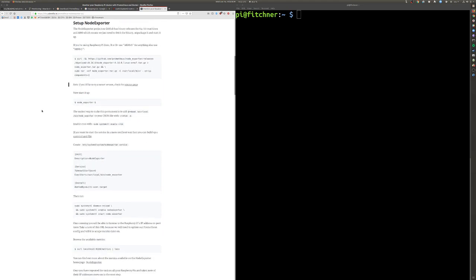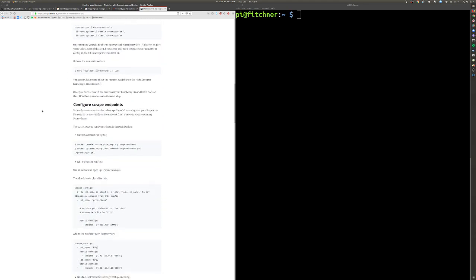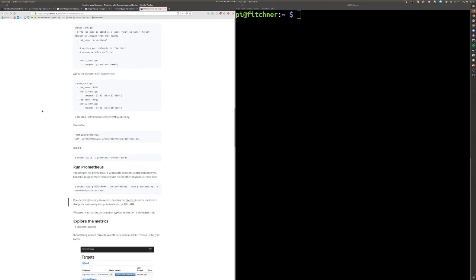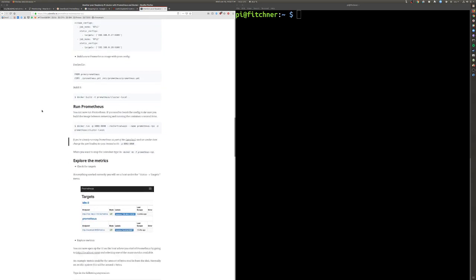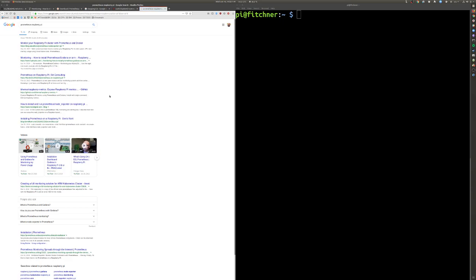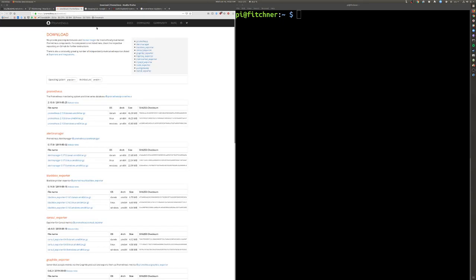So these are all the node exporters again. I don't want the node exporter. I want the actual Prometheus. Oh, so he actually used the Prometheus cluster. Okay, or the Docker container. So we don't want that. We want to just download Prometheus directly to